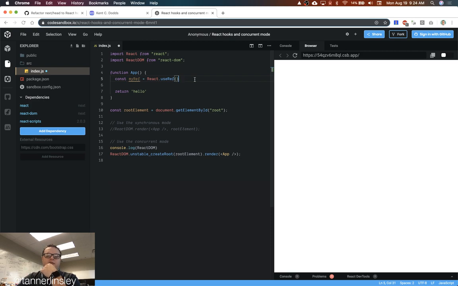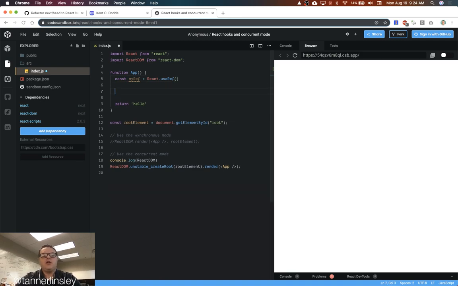Doing that can be very powerful when you get into sticky situations where the ergonomics of hooks may feel limiting. useRef just kind of feels like JavaScript a little bit, like you're just assigning a variable. So if we wanted to update the variable of myRef, we could say myRef.current equals Math.random. And every single time this component renders, it's going to update the current value of myRef. And then we could actually render myRef.current,